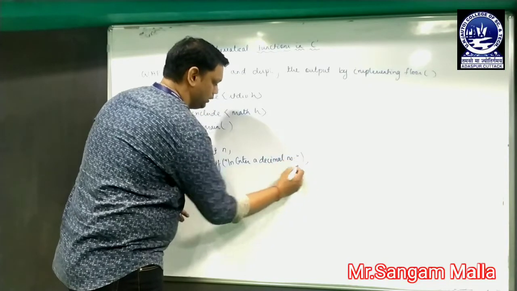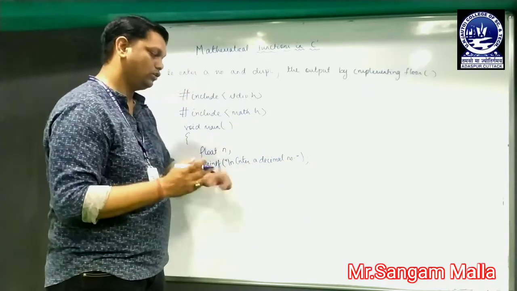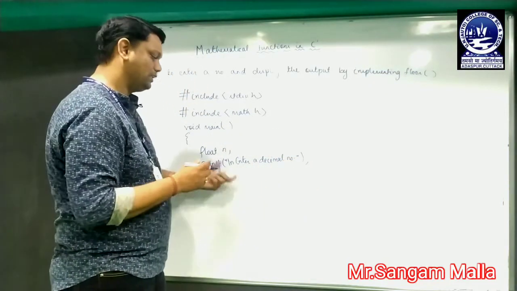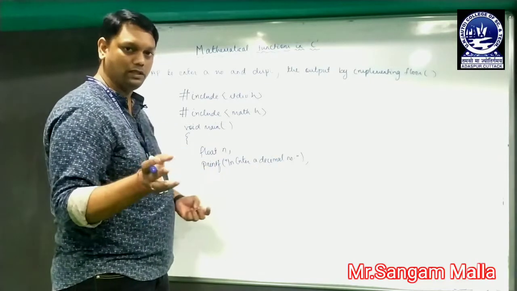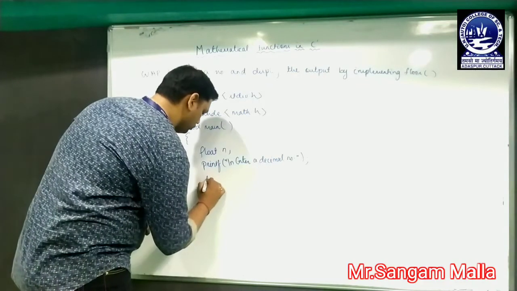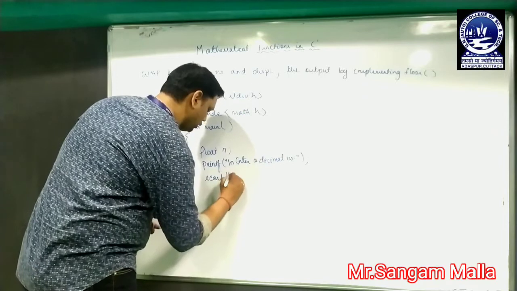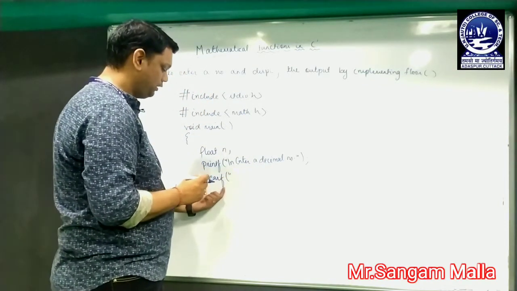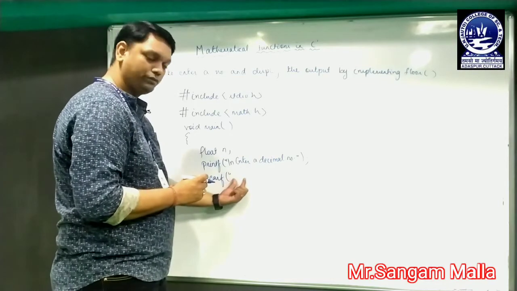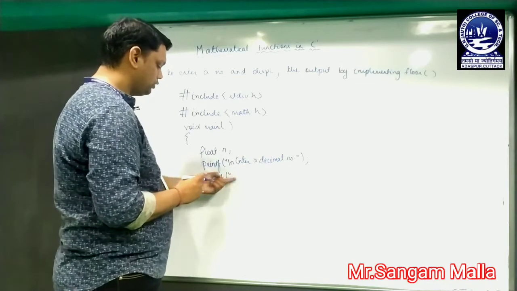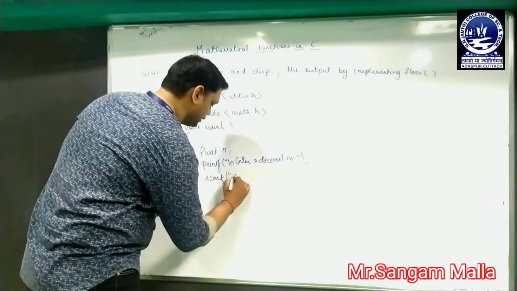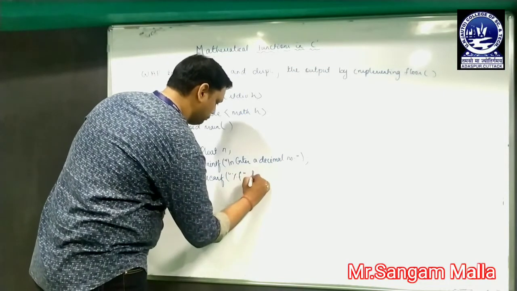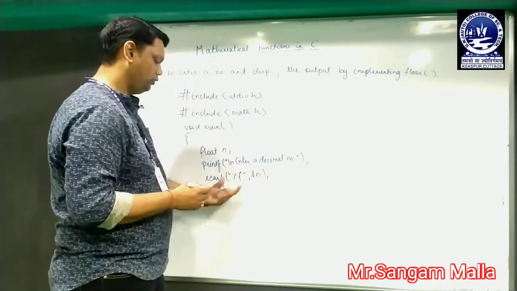We are giving this type of message in order to specify that the user has to enter a decimal value, not an integer value. So we have to enter a number, and in order to enter a number, we need to use the scanf function. The scanf function will accept the format specifier in double quotes. The format specifier of float is %f, then \n. So we have entered a number.